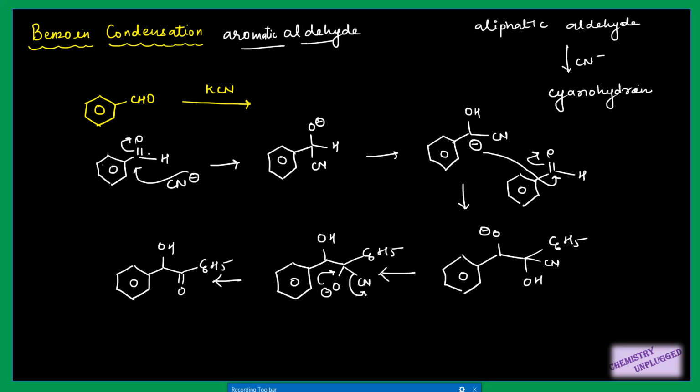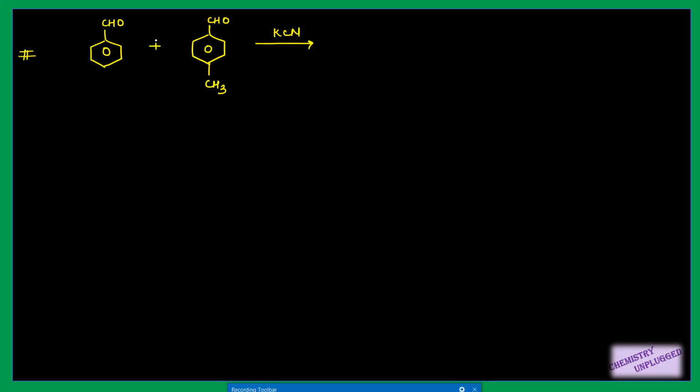As I have told you earlier, this reaction is very simple when we have only a single type of aromatic aldehyde present in the molecule. But when we have a mixture of aldehydes, which you can call a cross benzoin condensation reaction, then what will you do? For example, in this case, how will you decide whether this CN minus will attack on this carbonyl or on this benzaldehyde? So one important thing is,